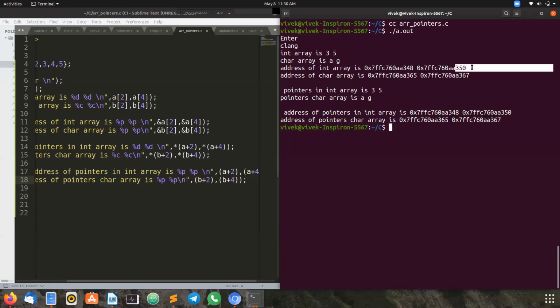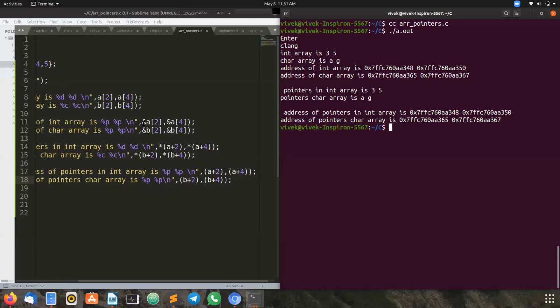And the last one is 350. Similarly for the character array, 365, and in between 366 will be there. I did not print that address. You can see in the program I have printed b of 2 and b of 4. So 367.